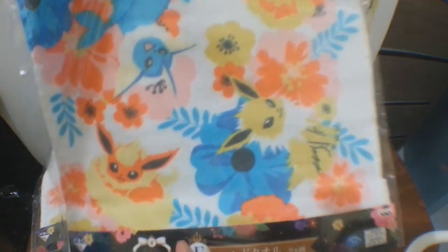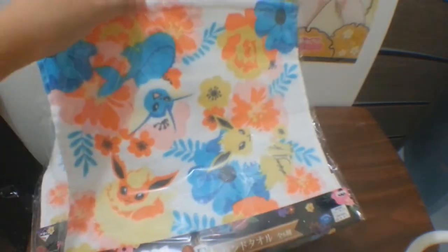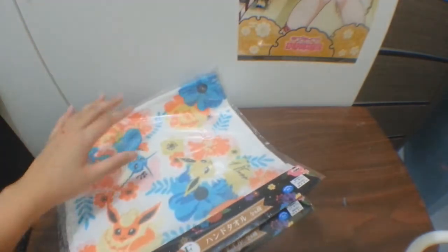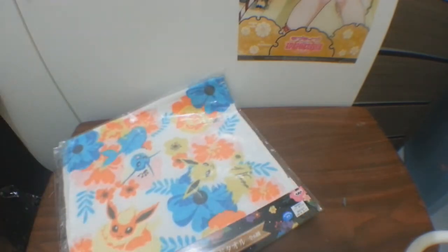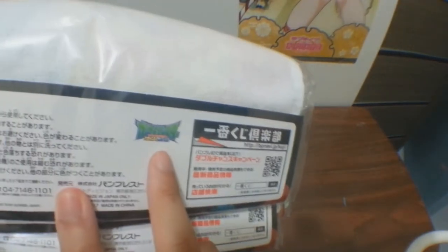But since I already got one down there, I'm going to sell the spare two of these two towels of Vaporeon, Flareon, and Jolteon. But the style of it is very nice. Like I said, I'm not going to open it just to save time. And all of them are from Pokémon Sun and Moon. Okay, so we're down to all of that, and now